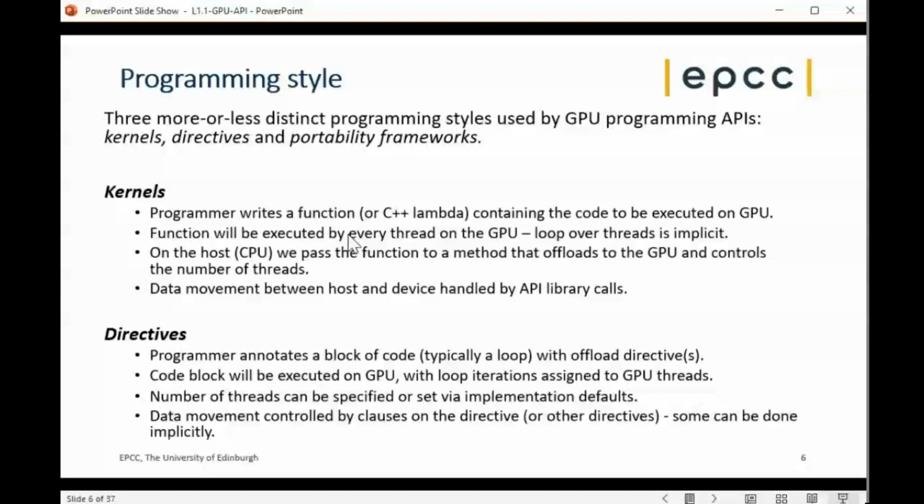And so there's no explicit loop. The loop is implicit. You write a function and say, please execute this function on all the GPU threads. As we'll see going forward, there are many thousands of GPU threads. But the way that GPU programming works is, for a GPU, you also have a CPU. So we run the program on the CPU. So we run a standard CPU program, and we pass the function to some method that is able to basically